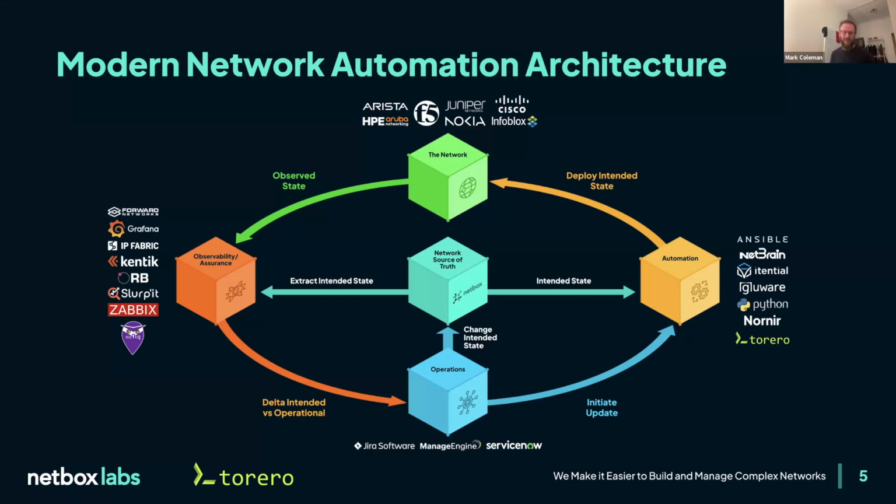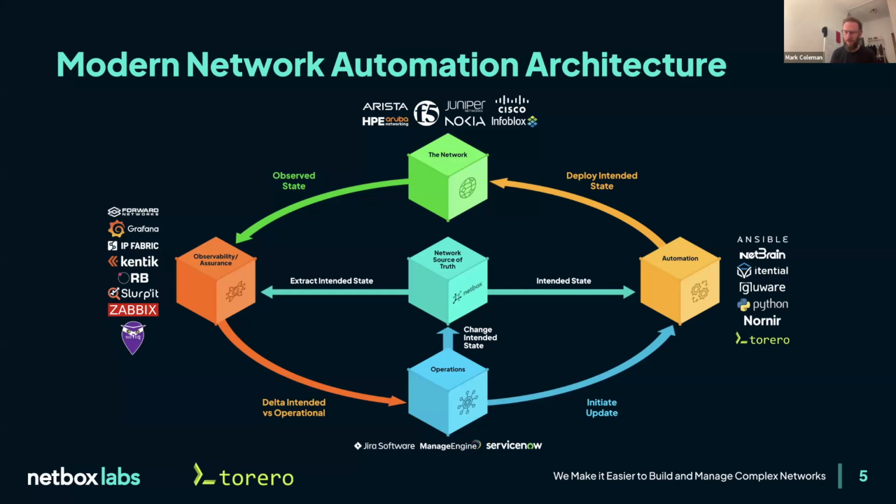Yeah, and it's this kind of stepping on eggshells feeling that causes a lot of people to say, right, we actually need proper documentation now. Over on the left, to make the diagram work, we kind of need to shove two things into one. So one is observability, which is monitoring, and you can get super fancy with that stuff. But then there's also assurance. And really what this looks like on day one is, well, we kind of need to get everything into NetBox because what we're doing the whole time is we're asking ourselves, is what's in the network still what we think is in the network? That's kind of the key here.